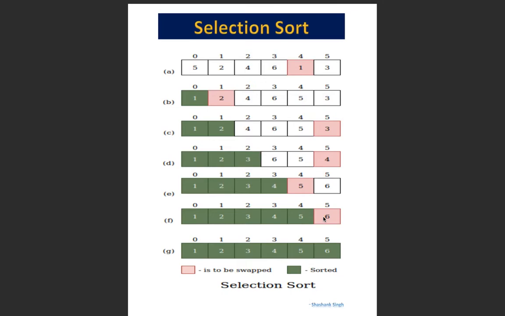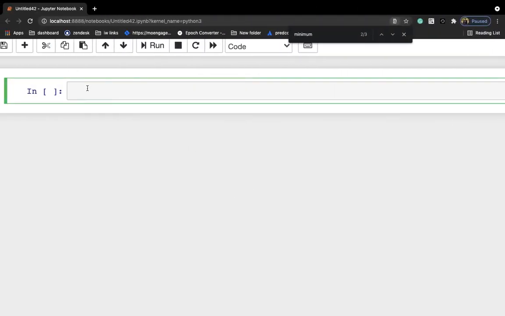So at the end, we need not check which is greater or less, because only one element is there and it's the largest element for sure, right? If you see here, this whole list is sorted now using selection sort, right? If you have not understood the logic, don't worry about anything. Once I write the Python code for the same, you will get a clear picture, right? So let's head over to Jupyter Notebook to write code for the same.